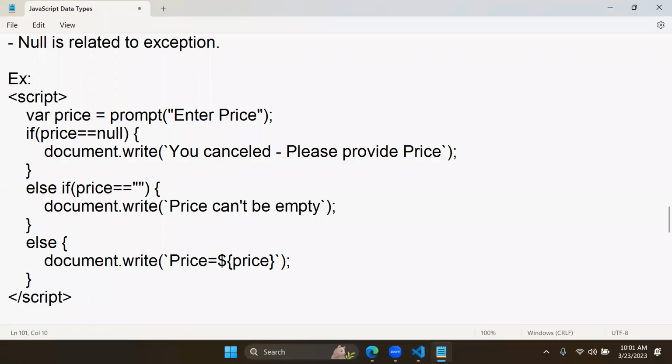So what is empty, what is null, and what is undefined? These are the three basic things, right? Undefined means there is no value defined. Empty means the value is defined, but it is blank. Null means,